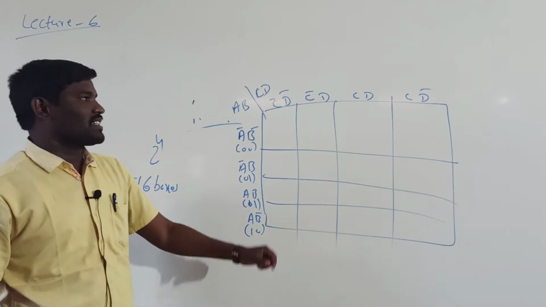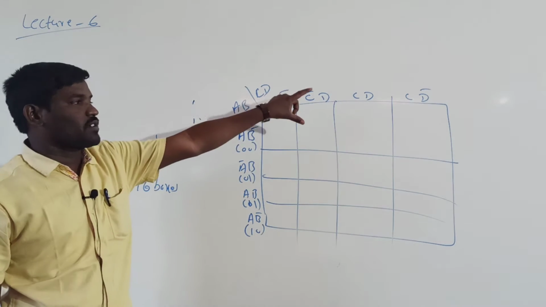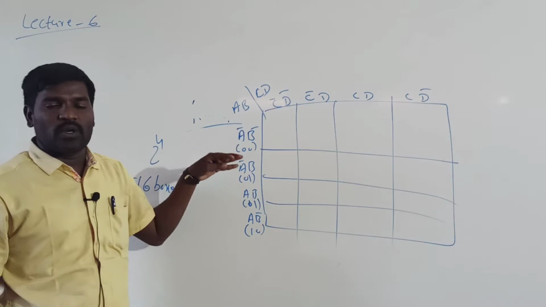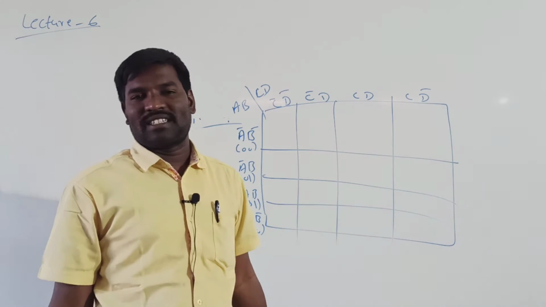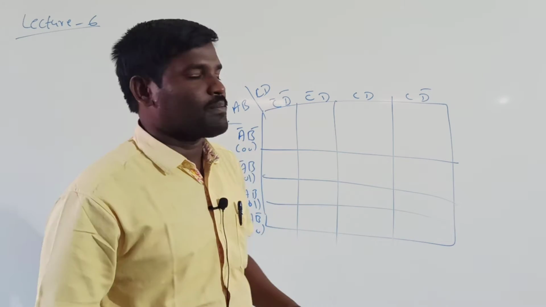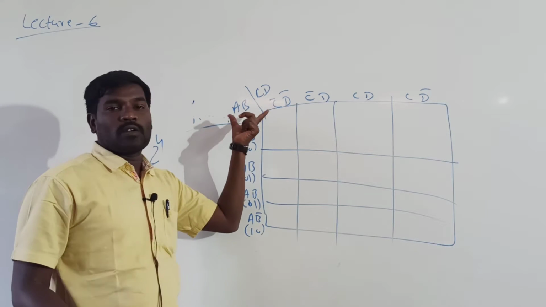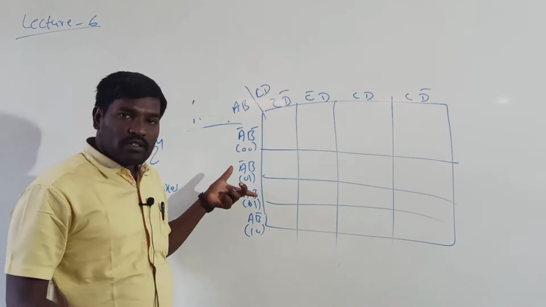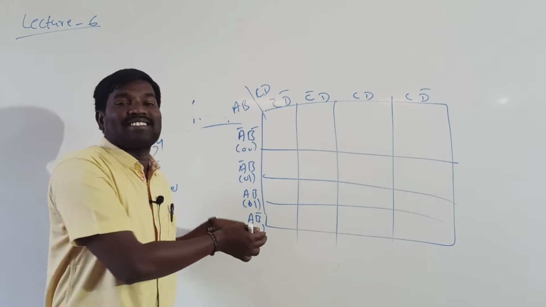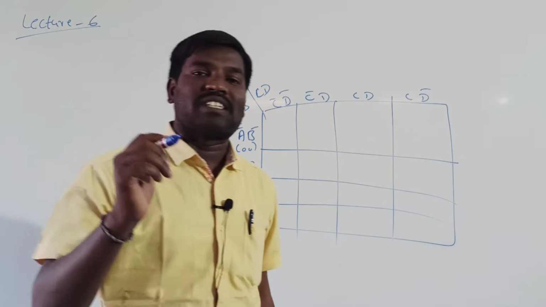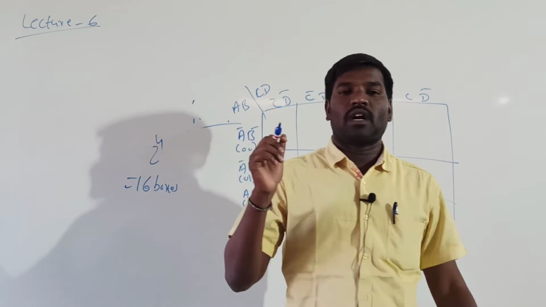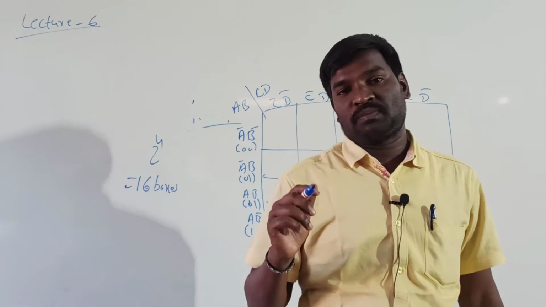So I already said why I have to interchange the rows and columns, because before K-map another map was there, that is the weight map. In the weight map, the values are written serially for comparison purposes. So Karnaugh developed the K-map by interchanging the rows and columns. With the help of interchanging the rows and columns we can reduce the expression.